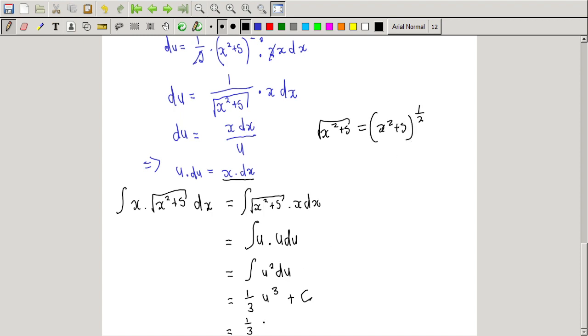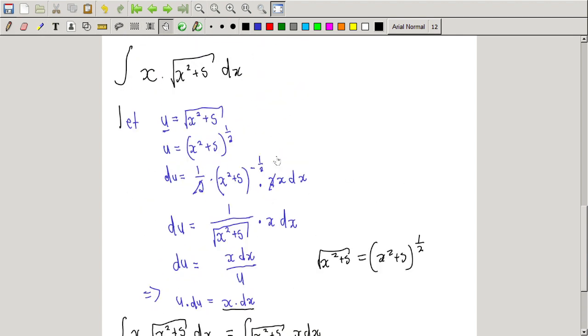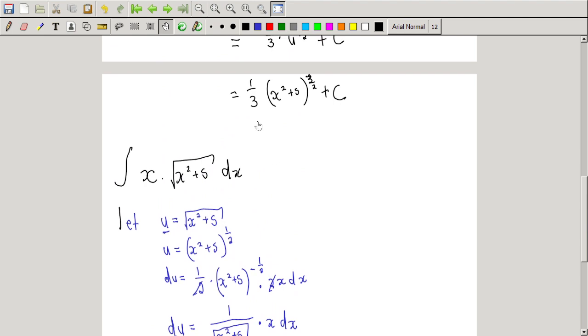So it's 1 over 3 times x squared plus 5 to the power of 3 over 2 plus c. Now let's go up to see if we got the same solution. Yes, indeed, we got the same solution